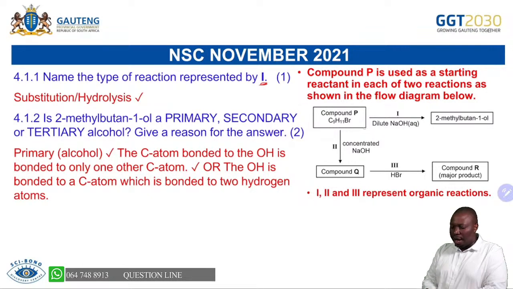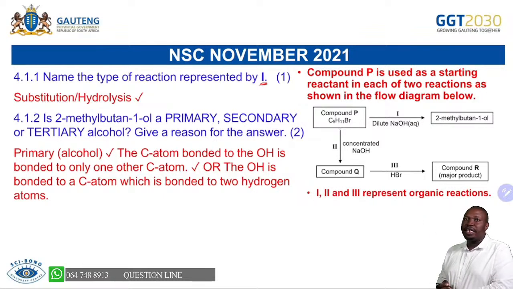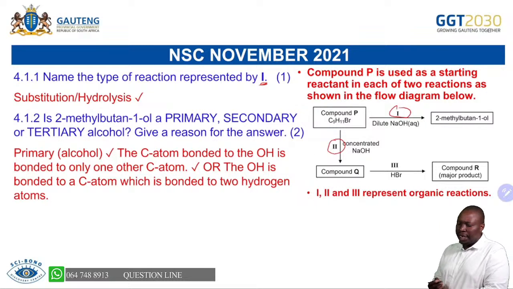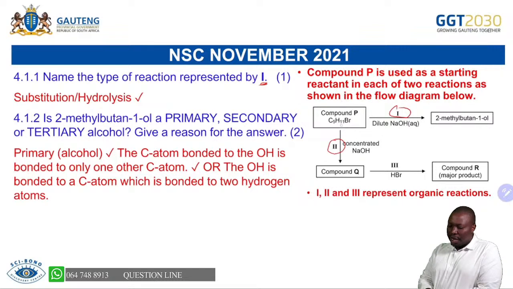So you have your molecule here, which is compound P. You are given C5H11Br, which is able to undergo 2 reactions, reaction number 1 and reaction number 2. The most important thing to understand is that when you have compound P and you bring dilute sodium hydroxide, remember we said